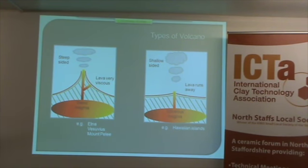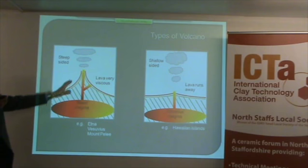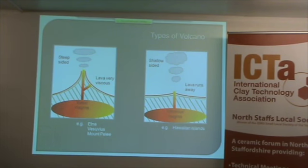When the magma reaches the surface, the lava is so fluid that it just runs away down the hillside. Whereas with this one, where you have less flux mixed with the silica, you've got a much thicker, more turgid melt. It quickly solidifies before it can run too far. And so the volcano tends to be characterized by very steep sides. And that's, again, an example of fluxing silica to give a more runny melt. Next slide,